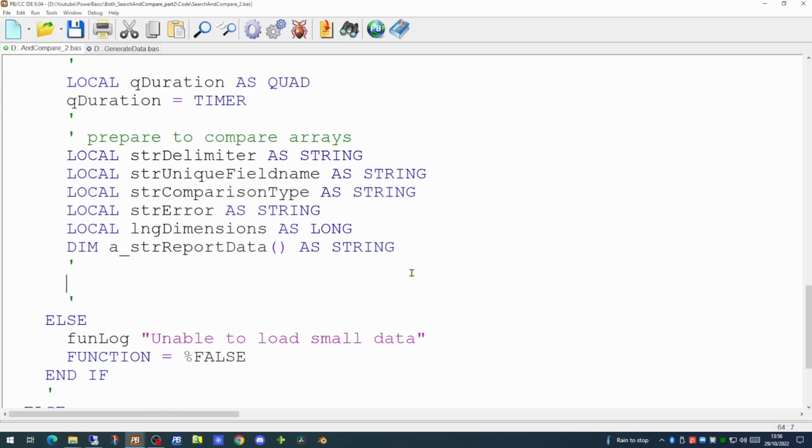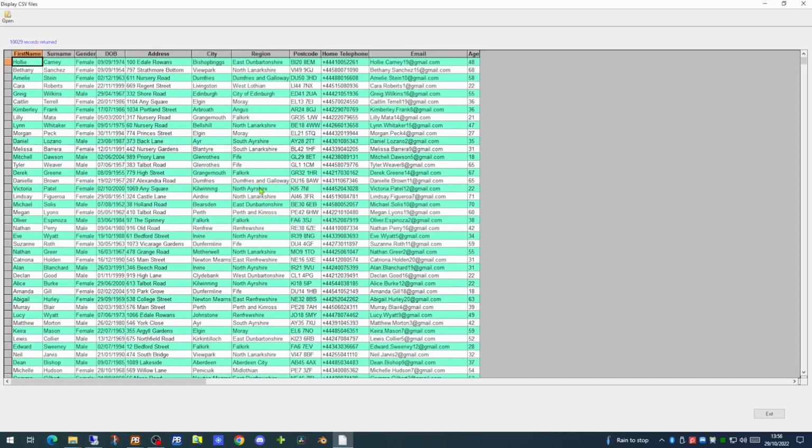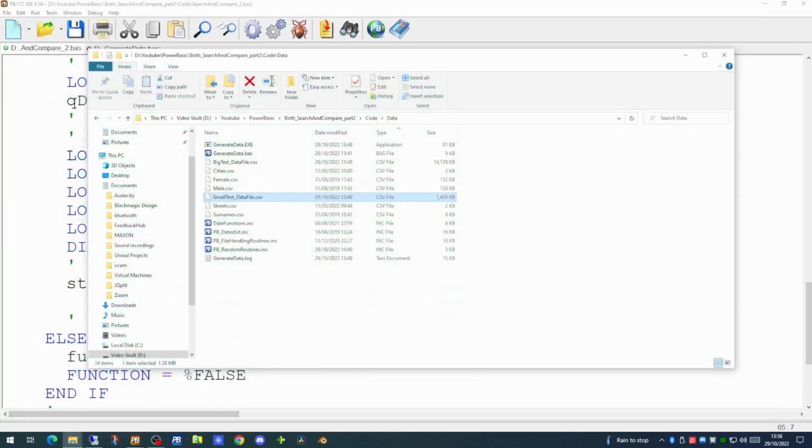Since this is a CSV file, we know that the delimiter between fields is a comma. So the first parameter we're going to be populating is the delimiter parameter, and we're setting that to be a comma. In our file, we need to know the name of the column which we consider to be the unique identifier of our record. In this case, the unique identifier is going to be in the email column. So our unique field name is email.